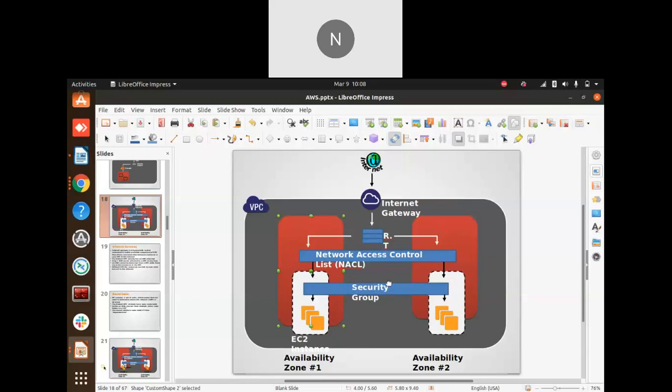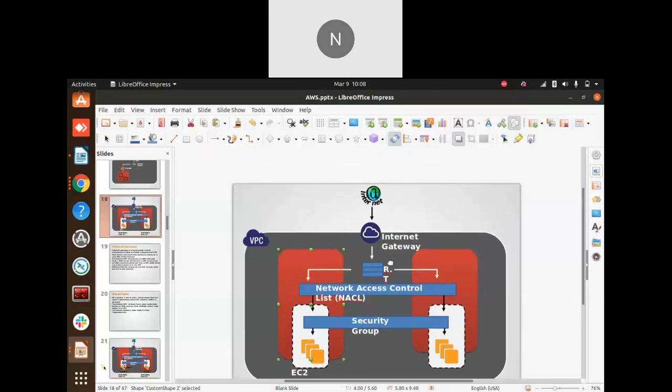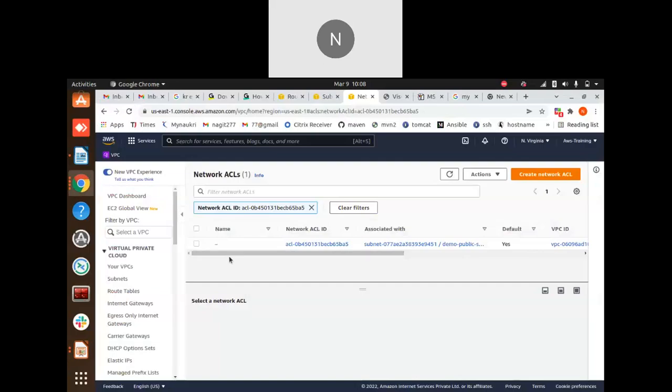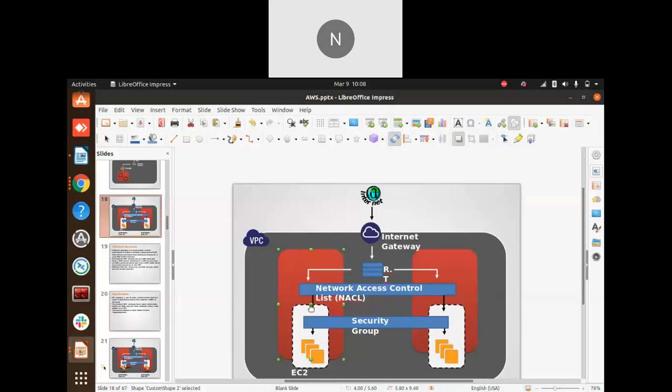Okay, so I will explain the security group, EC2s and all. For the time being, just understand what is the internet gateway, what is a route table, how we can create them in AWS, and how we can associate them, right? The route tables we will associate to the subnets, and the internet gateway we will associate to the VPC,